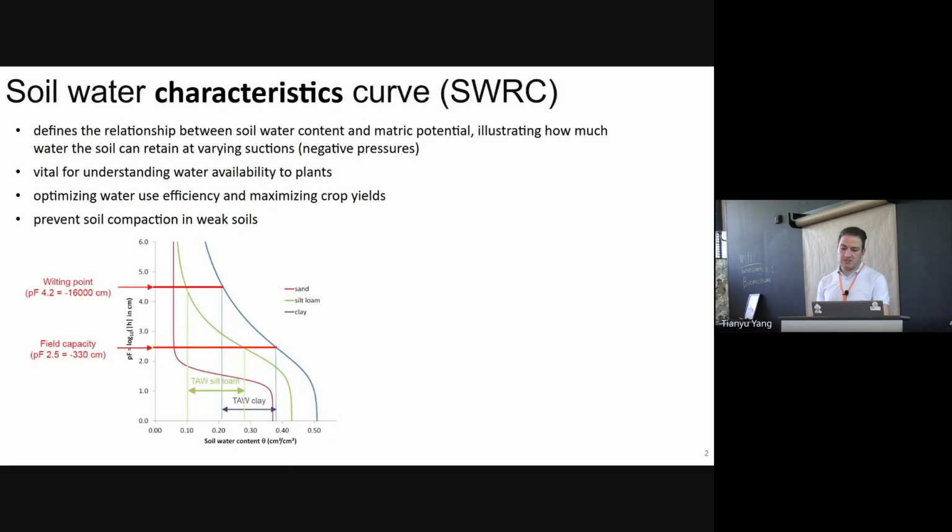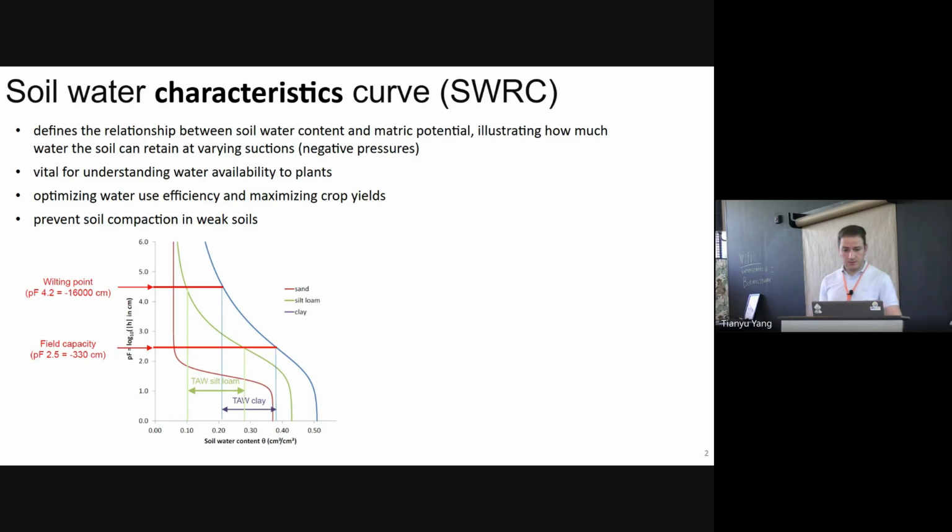And it's an essential curve for us if we want to see how much water is available for the plants. Also, if we want to optimize water use efficiency, and also if we want to prevent compaction in weak soils. And just to give you an idea of what I mean by soil water retention curve, I brought these